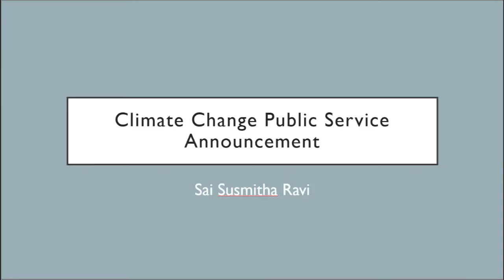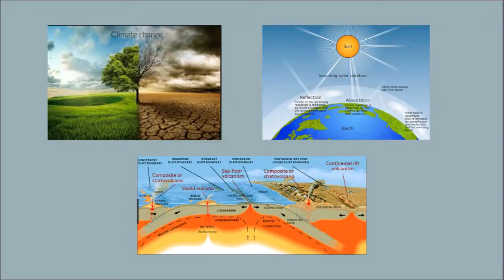Climate change is defined as a change in the distribution of weather patterns that lasts for a time period of decades to millions of years. Climate change can be caused by a number of factors such as variations in solar radiation received by Earth, volcanic eruptions, or plate tectonics. However, it is thought that human activities are the primary cause of ongoing climate change that is referred to as global warming.